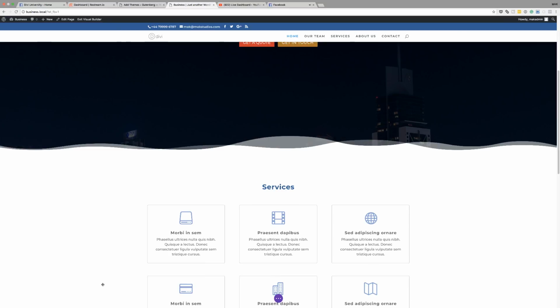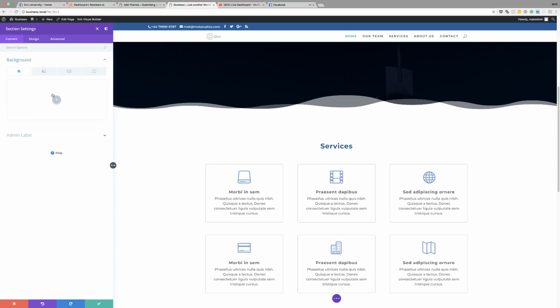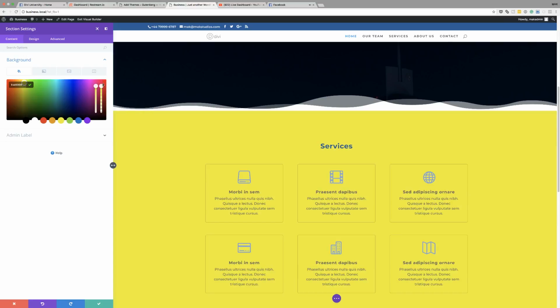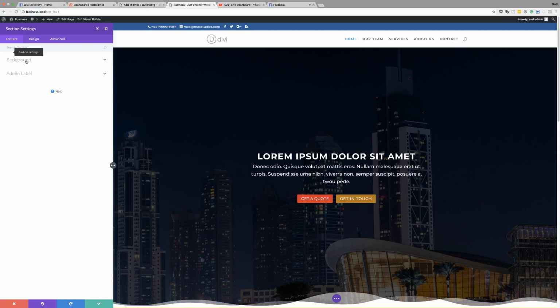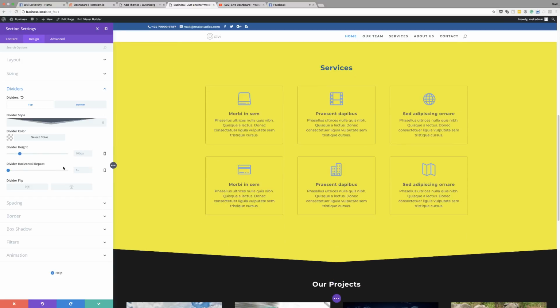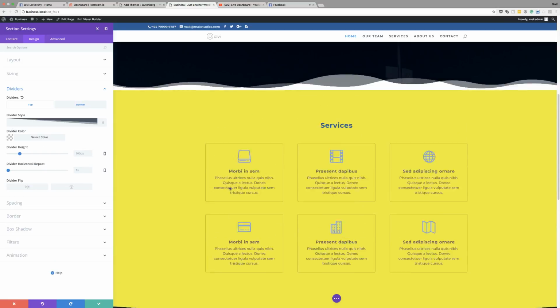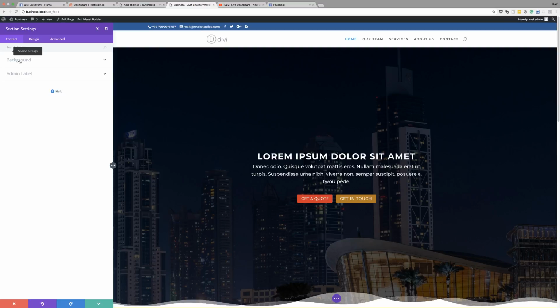Now we can actually go in and add a color to this section and it will still work. Okay, so let's try and do that. In fact, that's too bright. Okay, anyway, let's try it and see how that works. I'm going to come over here to my section settings, design. Okay, so you can see now that as I'm adding my divider here, oops, I'm selecting the wrong one. It's this one that I need. Design, dividers,